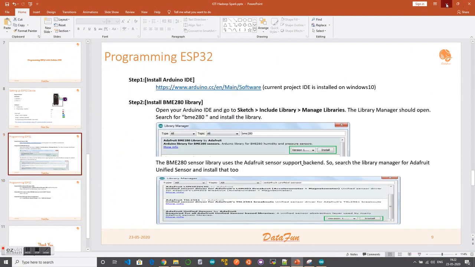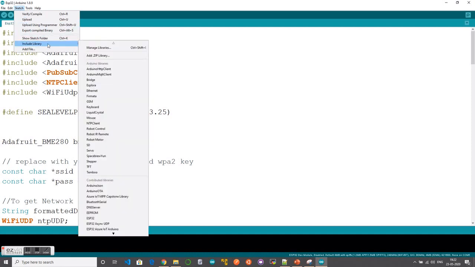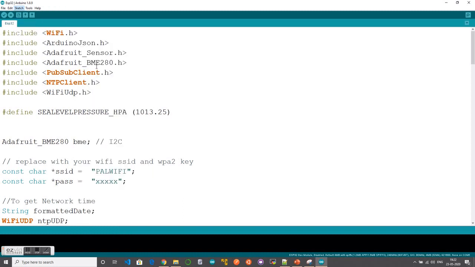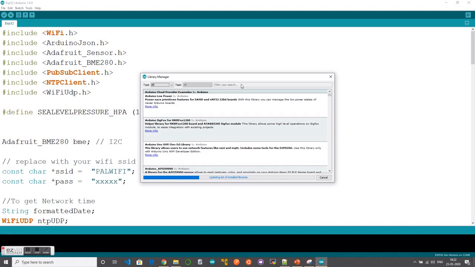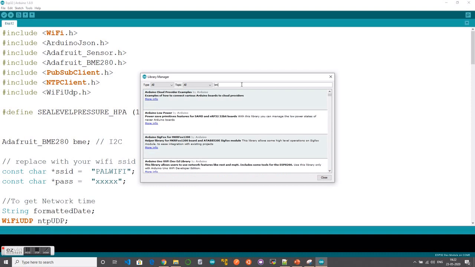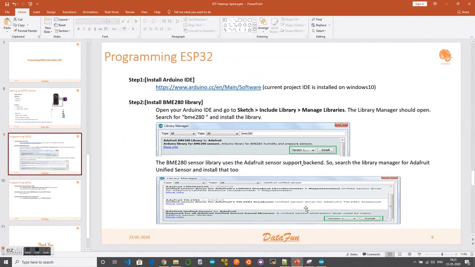Now I need to include the libraries. Go to Sketch, Include Library, Manage Libraries. Just type BME280. I have already installed the Adafruit BME280, which must be installed. Next, all sensor libraries are required.